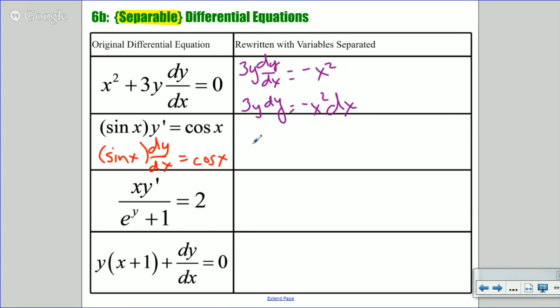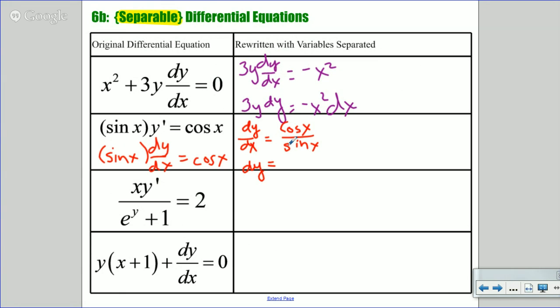Okay, all right, so I think the first thing I would like to do is divide both sides by sine of x. Are you good with that? So I would have dy dx is equal to cosine x over sine of x. All right, almost there. I have x's on the right side, but on the left side I have some mixes of x's and y's, right, because of the differentials. So if I multiply both sides by dx, I would get just dy on the left side. On the right side,